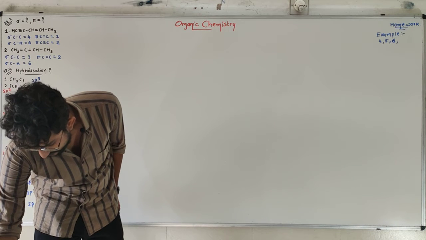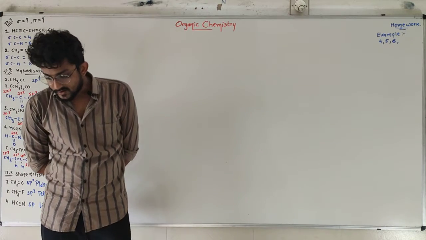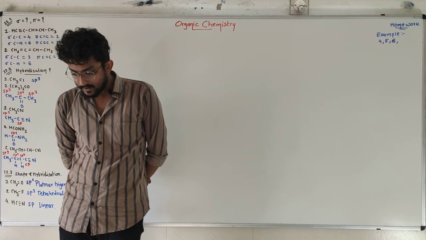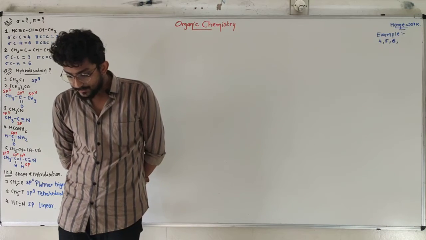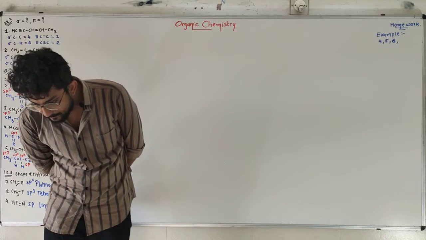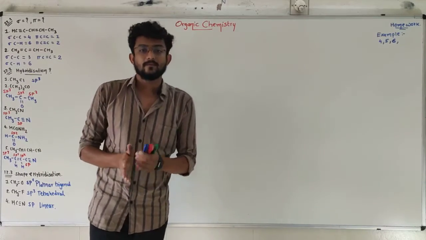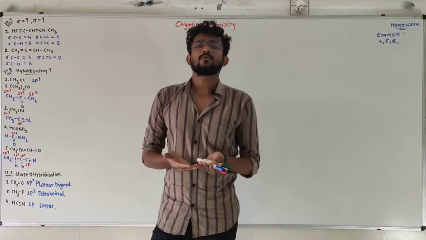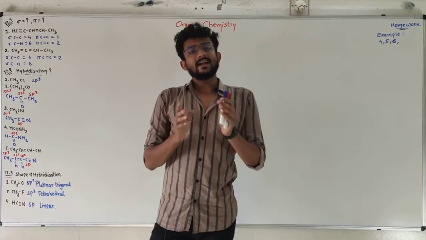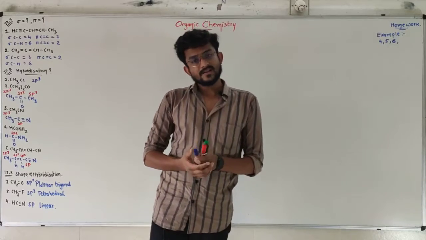Okay, where is question number 7 in your textbook? Okay, here it is. The structure and IUPAC name of some hydrocarbons are given below. Explain why the names given in the parentheses are incorrect. In the sense, there are 2 different names for one compound. You have to give a reason why the name in the bracket is wrong, based on the rules of the IUPAC nomenclature.